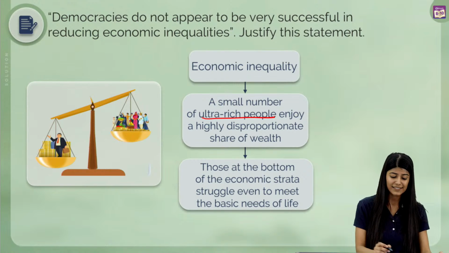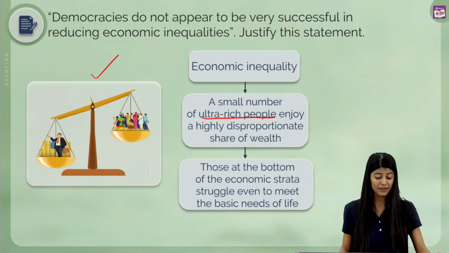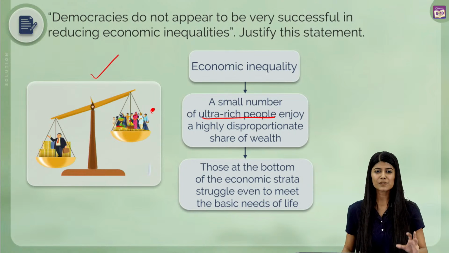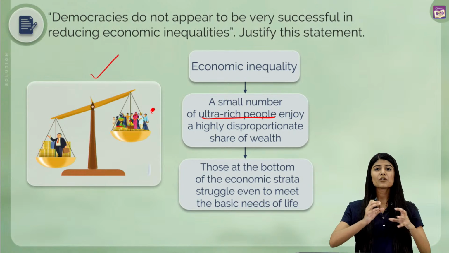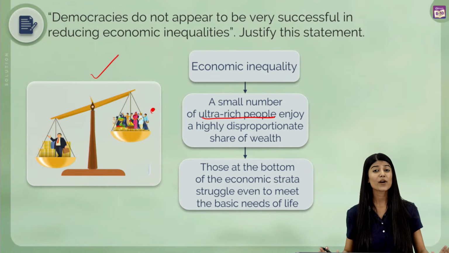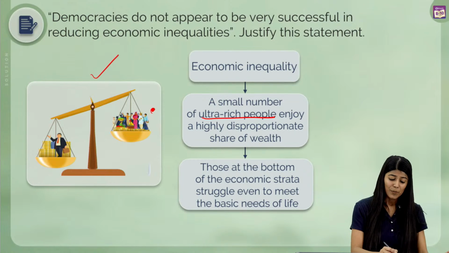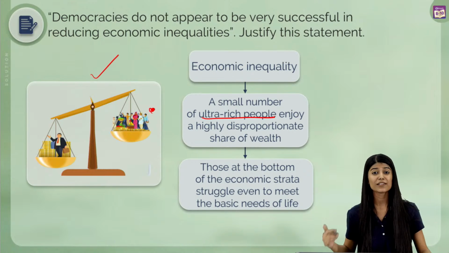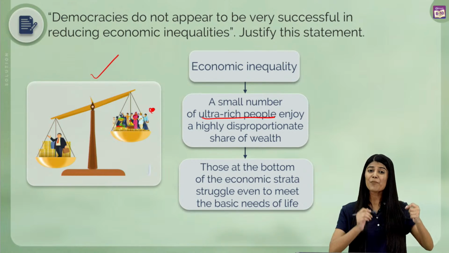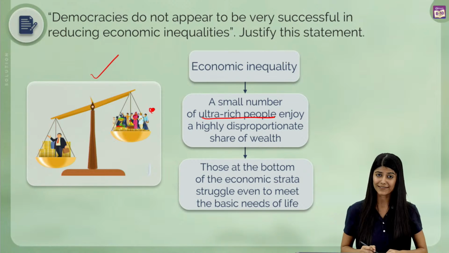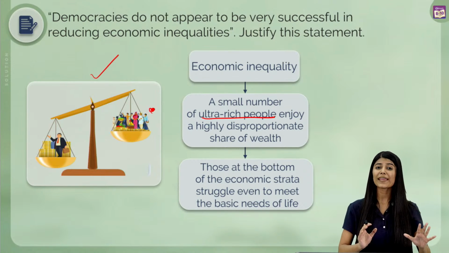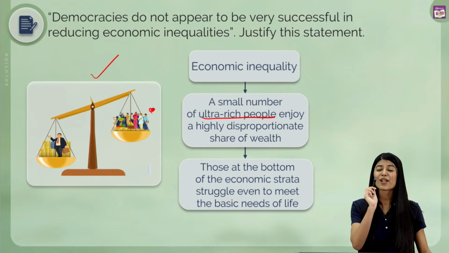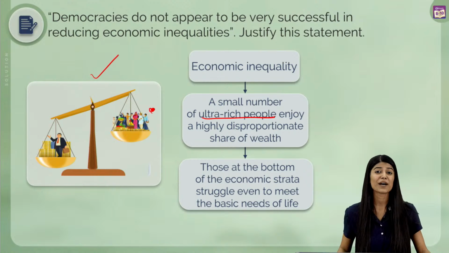That is the reason why, if we have a look at the picture right here, we could see that the majority is poor. The poor constitute the majority of the population. Now what does this mean? The poor constitute a larger proportion of votes, right? The voters. So their vote is important in forming the government. But what we have observed is that in many democratic countries, the elected government is not addressing this issue of poverty.